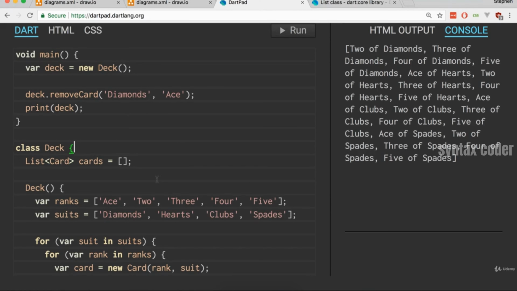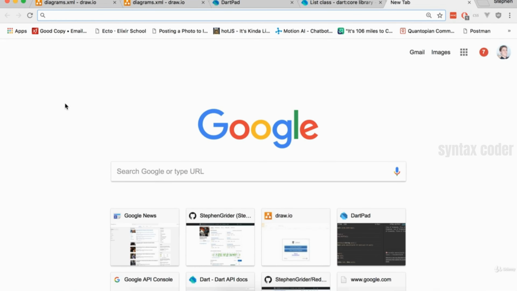We're going to install Dart on our local machine so that we can use our own personal code editor and start working on some more advanced projects. Now, I want you to know that the installation process for Dart is a little bit different depending on what operating system you're using. We're going to first pull up the installation directions for Dart, and then we'll walk through them together. So inside of a new browser tab, I'm going to navigate to